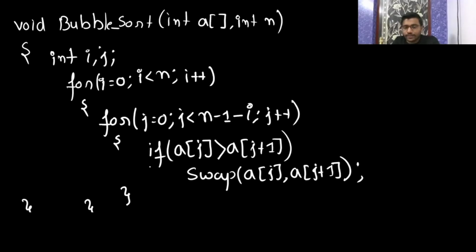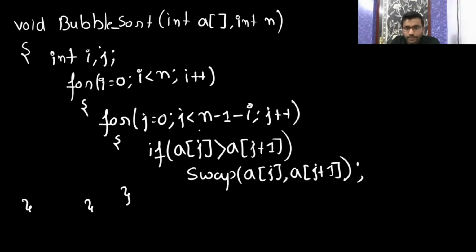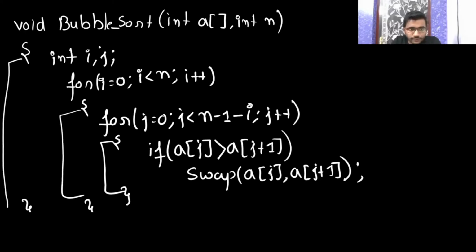Now see how it is performing. Let me take one array. First let me know whether it is clear or not. Does anyone have any doubt here? Till now, if anyone has any doubt, please let me know. So what I am doing is comparing pairwise elements and checking which one is smaller or greater. Please let me know whether it is clear. Fine, I think no one has any doubt.